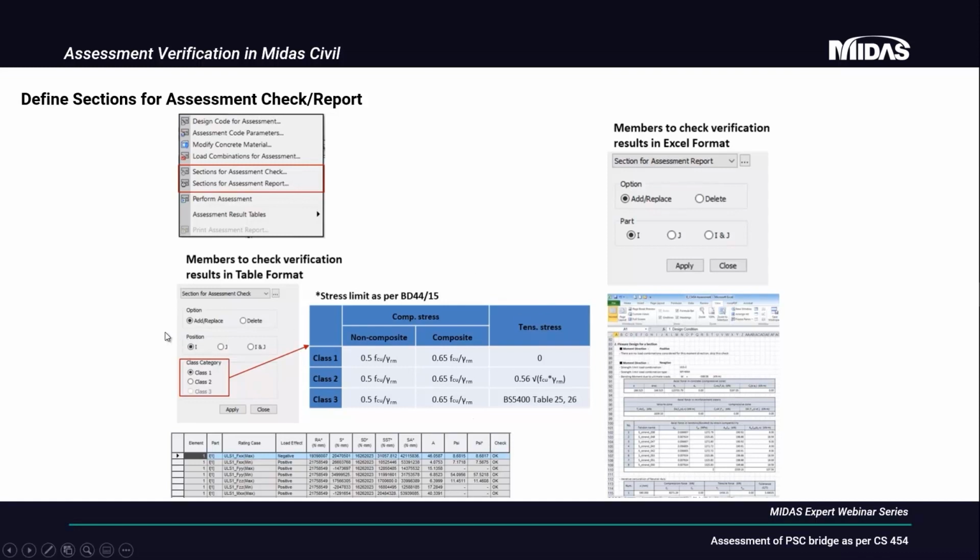Then here we need to select which position we want to perform the assessment: I, J, or both. Then we have to select the class category. This class category is based on the stress limit as per CS455, then BD 44/15. So here, based on the limit of stress for non-composite, composite, and tension, we need